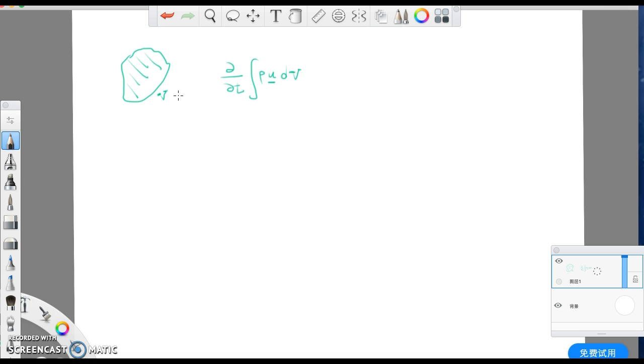So we don't have a motion with respect to space. Here the derivative is just with respect to time, because there's no chain rule. When you do the total derivative of u, there is a chain rule, but in this case there's no chain rule because there's no derivative with respect to x. The volume is just fixed in space, and this is equal to,